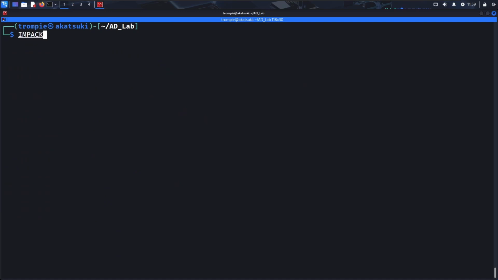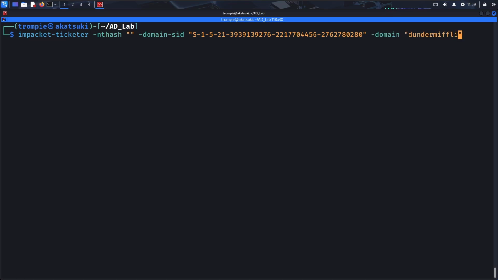we're going to use something called impacket-ticketer. Caps lock is on. And then we need the NT hash of the KRBTGT, and we need the domain SID, which is what we got there, and we need the domain, which is going to be thunderbird.call,